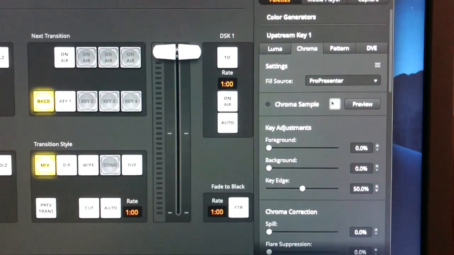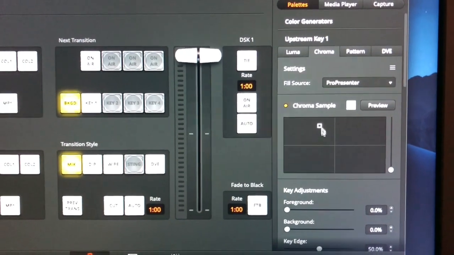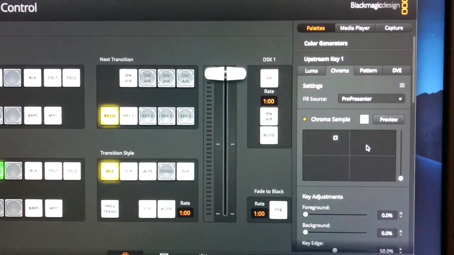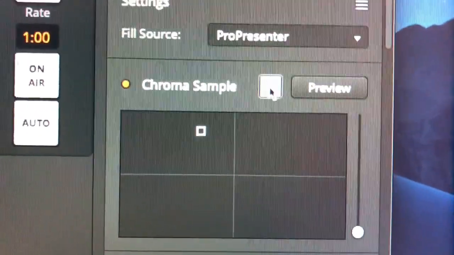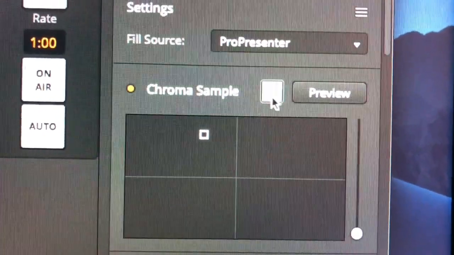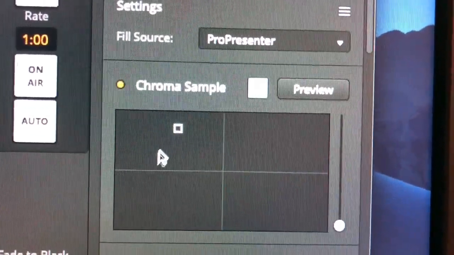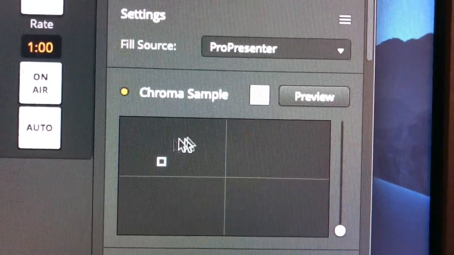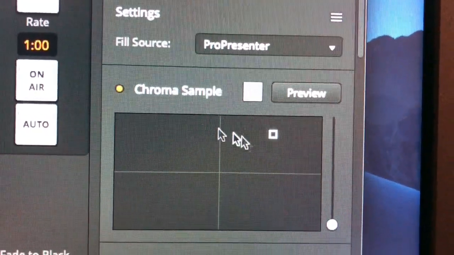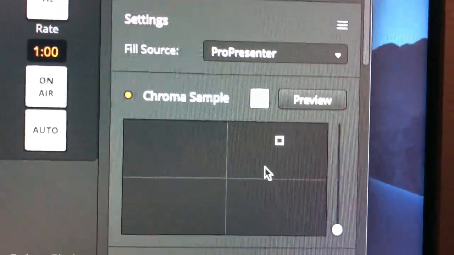Okay, so if you click on this, you can click anywhere on your image and it's going to key that color out in the image. So like if I click, you can't tell probably on the video, but this is that green color that was showing up on my slide just because I've clicked right here. If I click anywhere, it's going to pull that same color. If I were to click down here, I might catch some of that white text, but I just want to click anywhere up here because I know that's all green. That's all the color I want to key out, okay?